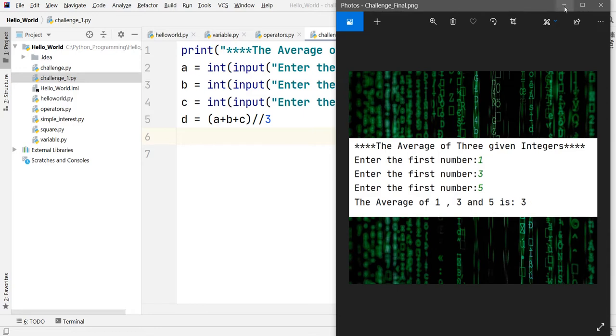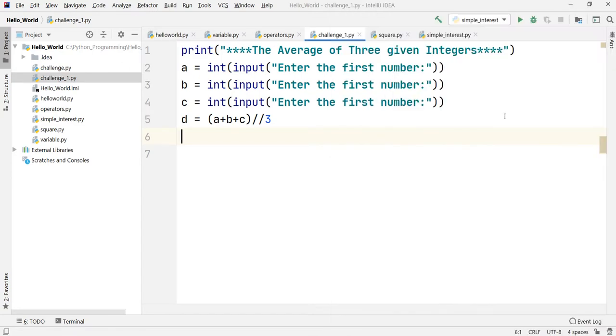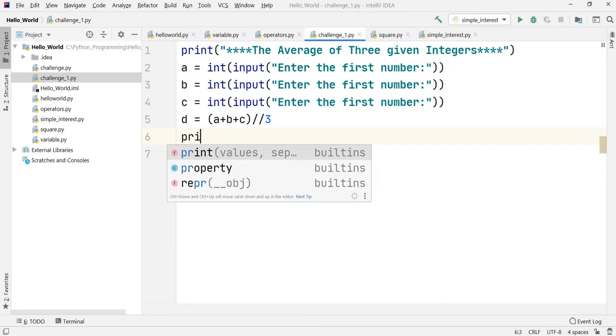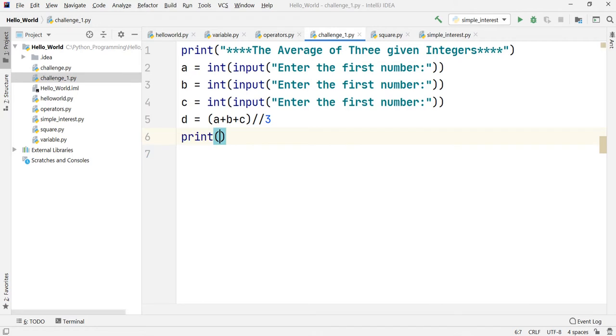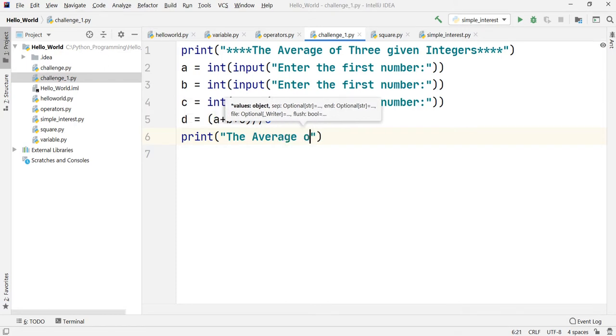The simplest way to write this code would be to use the print function that we always use. Let us write it the way it was there in that image: the average of, and manually I will put the numbers, because we know which numbers we are looking for.